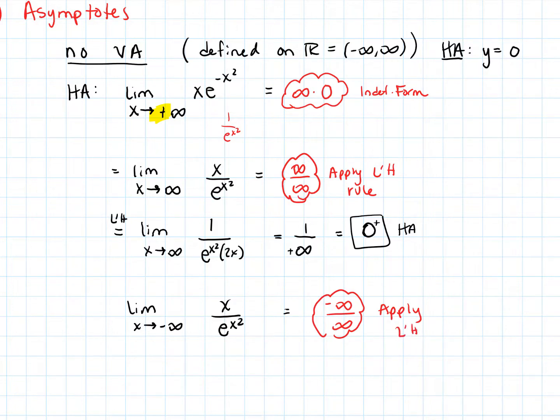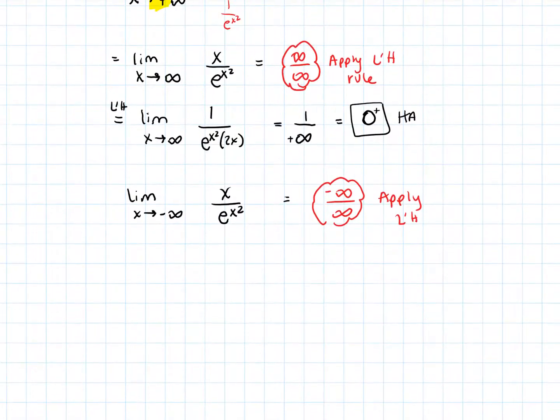Make sure you show that it's in the proper indeterminate form. Then you can apply L'Hopital's rule. Also show that you're applying it with some sort of notation. Limit as x approaches negative infinity of 1 over, it's going to be the same thing we had before, e